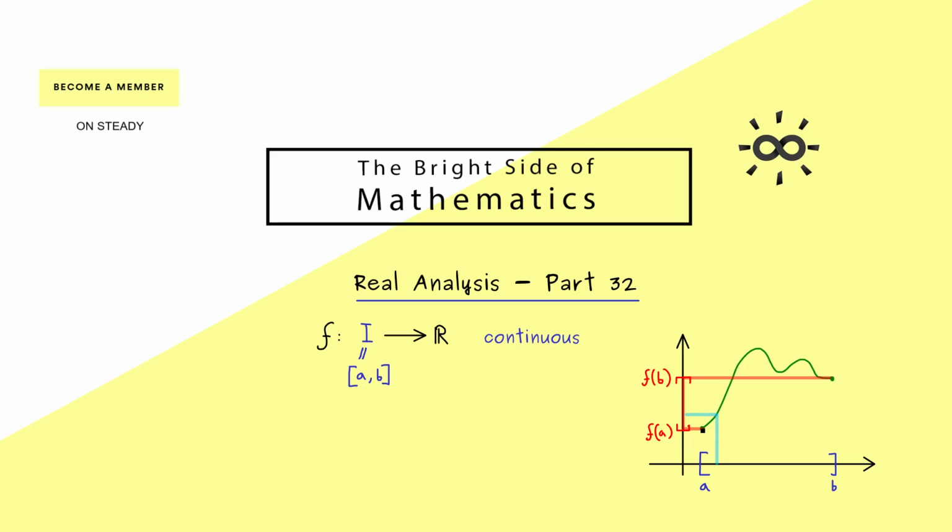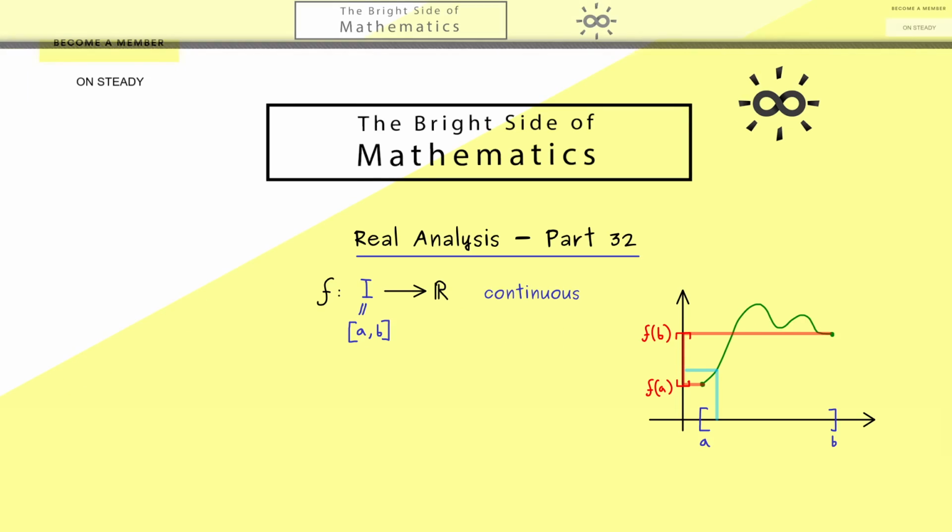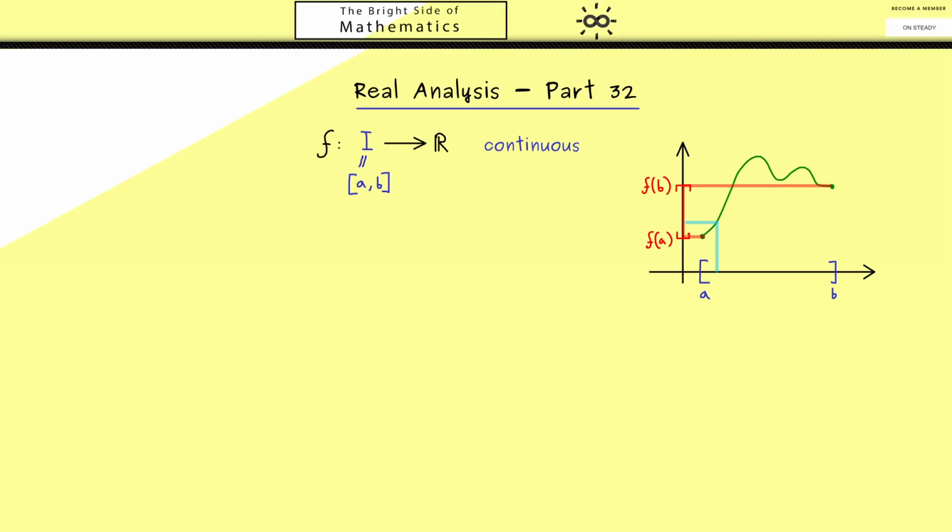The function simply cannot escape here if it starts here and ends there, because it's continuous and it cannot make any jumps. Therefore, the intermediate value theorem gives a meaning to the sentence that the graph of a continuous function can be drawn in one stroke. Okay, then let's formulate this nice theorem. Here I can tell you the intermediate value theorem is one of the most important theorems you learn in analysis.